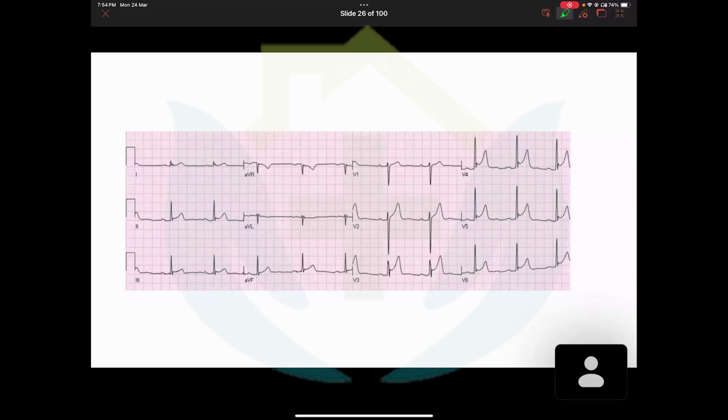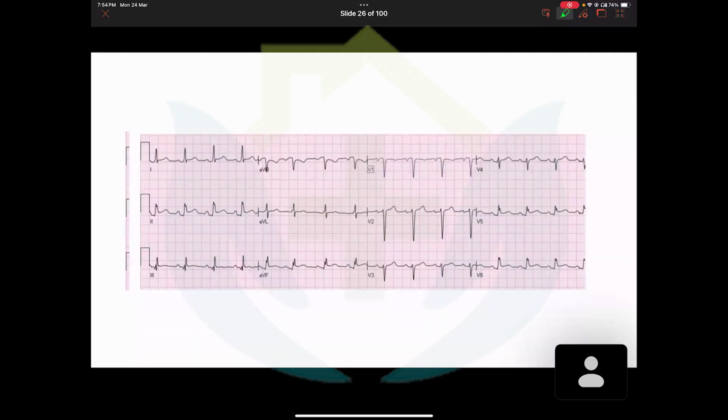And there are the changes in lead 2, some T wave changes are also there. But yes, it's an anteroseptal and the LAD is occluded here. This is another one. If somebody can volunteer.